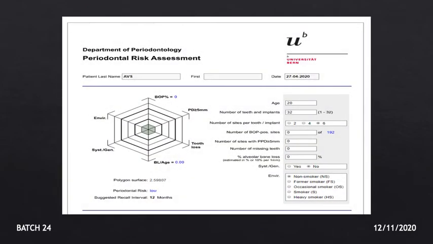So coming to the evaluation of periodontal risk assessment, how are we going to do it? You have to fill up all these things. After you do the periodontal examination and charting, you will get most of the values from the case sheet. For example, for bleeding on probing, you take the modified sulcus bleeding index, which helps identify the bleeding score, the number of teeth or sites that bleed. Then you evaluate the periodontal index, Russell's periodontal index,